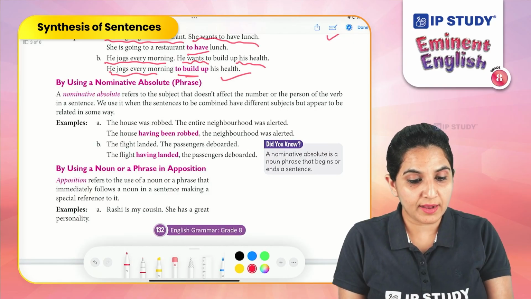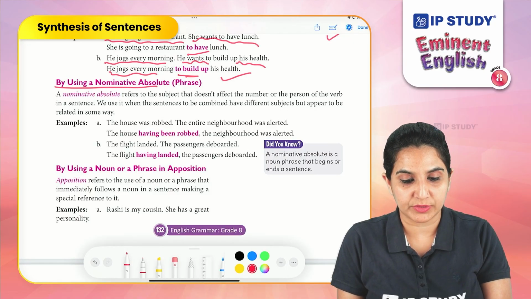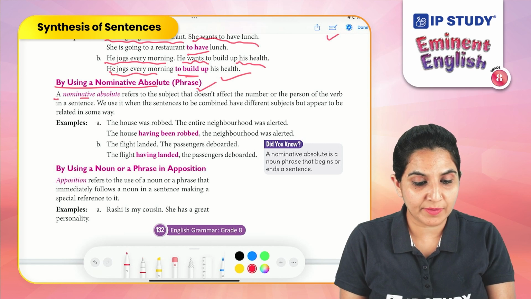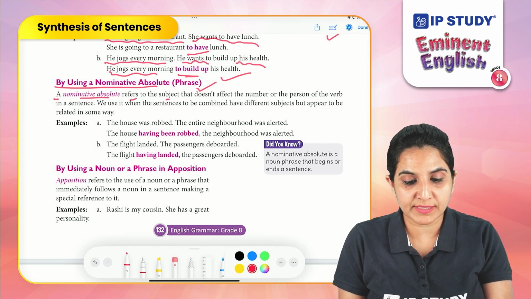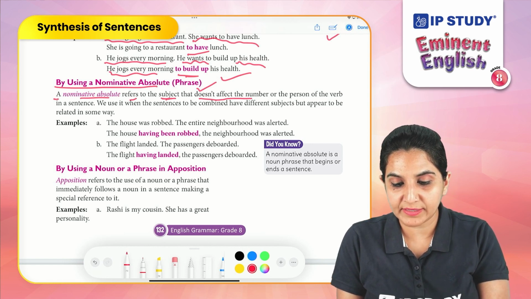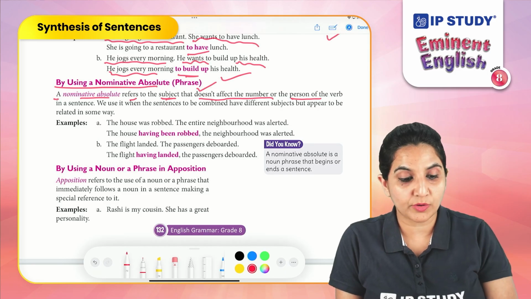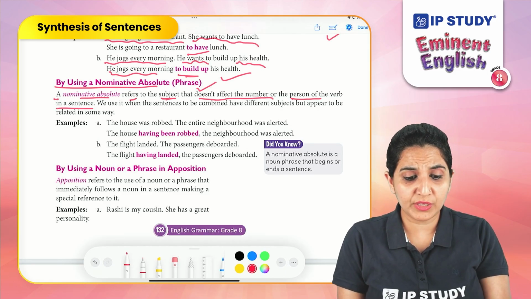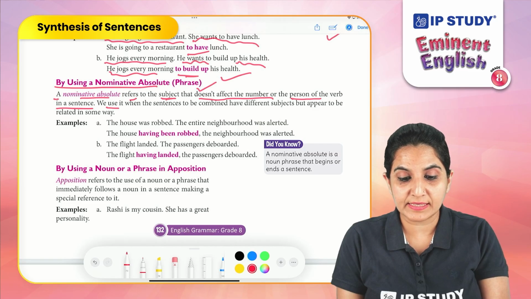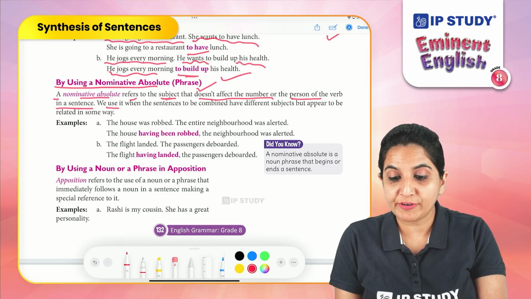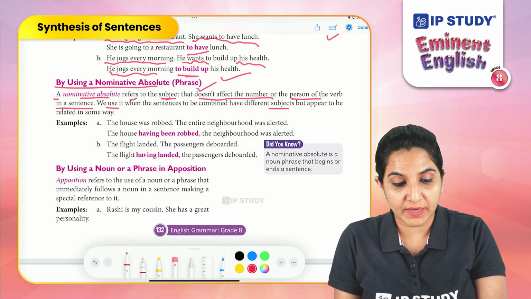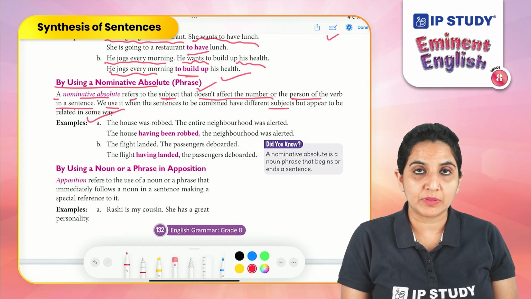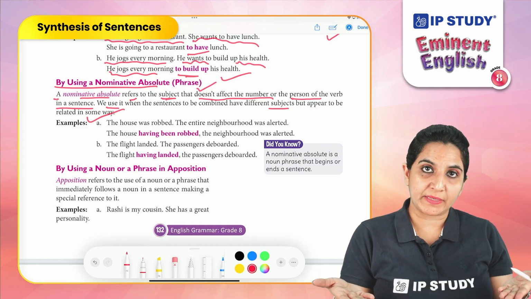Now by using a nominative absolute, it can also be referred to as a phrase. A nominative absolute refers to the subject that doesn't affect the number or the person of the verb in a sentence. We use it when the sentences to be combined have different subjects but appear to be related in some way. For example, people in the plane,